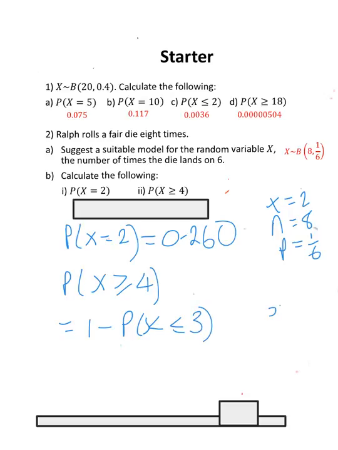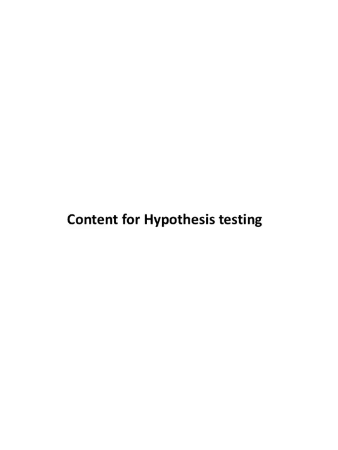So here our x will be 3, our n is going to be 8, and our probability of success is 1/6. Into the calculator and calculate it, we get 0.0307. Now that we've just had a recap on the binomial and using the binomial to work out probabilities,